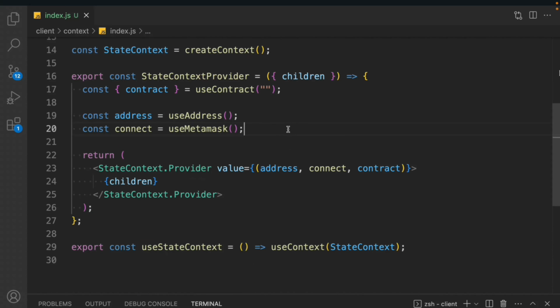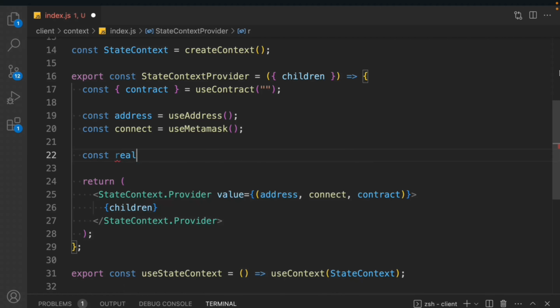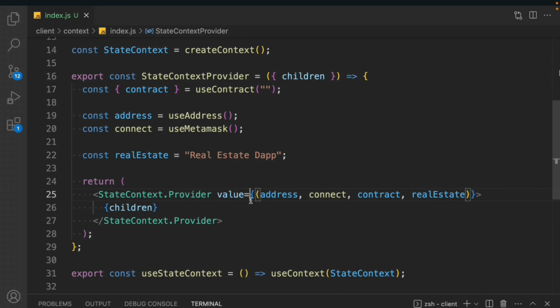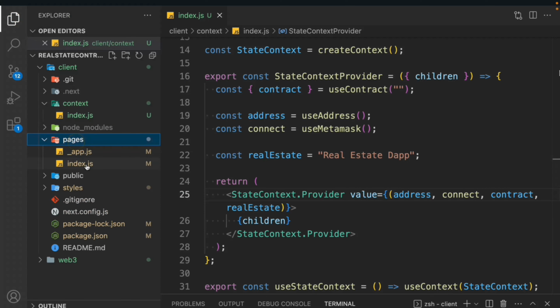Now let's take our variable to check things are working fine. So let's call this one realState, and in that we're going to simply type normal real state dapp, and that's what we're going to simply pass here, and that looks pretty fine. So we are done with all the setups which you need to do in the index.js file for the context management. Now we'll come up here, go to the pages, go to the API, and here we have to configure